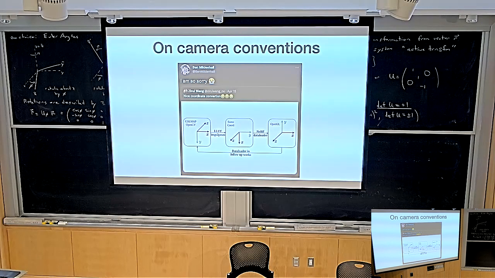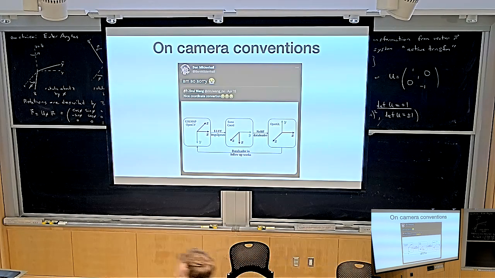The funny thing was that, as in many papers, the NeRF paper, I don't want to single it out, but as in many papers, the authors, when they wrote the code for it, were themselves confused about camera conventions, or they hacked around some practical thing. And so in the NeRF data loader that you see here, they did this thing where they were using a